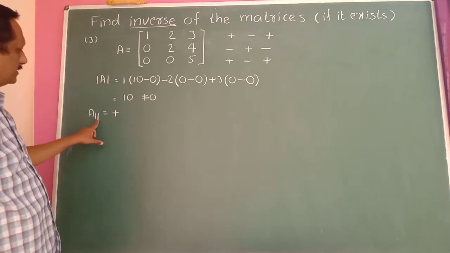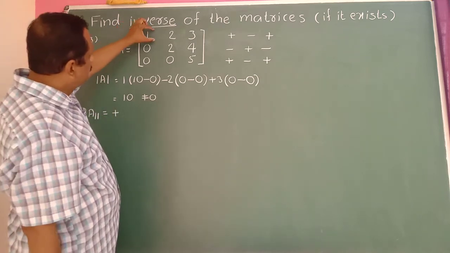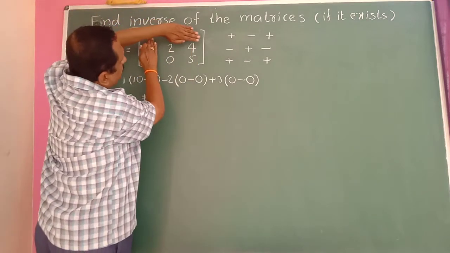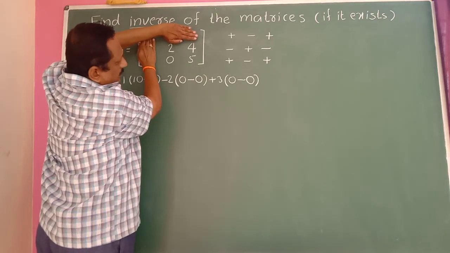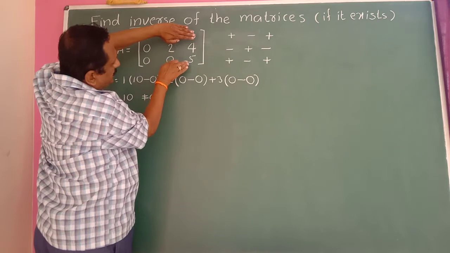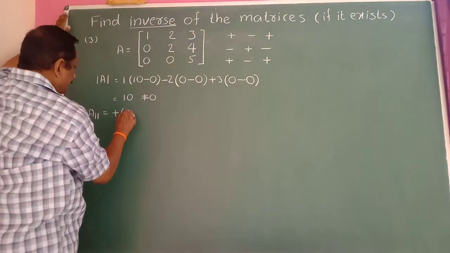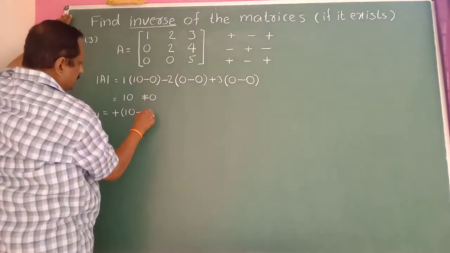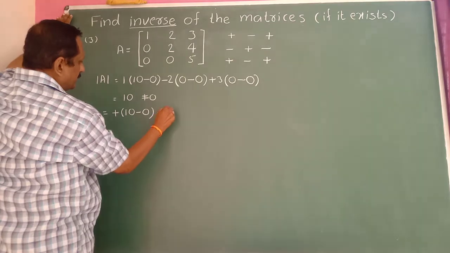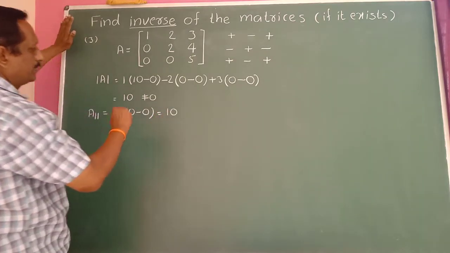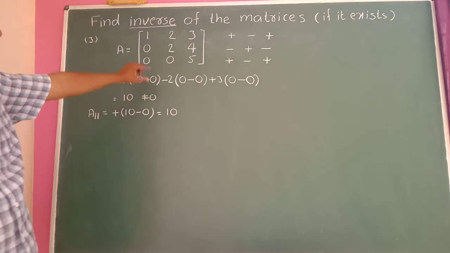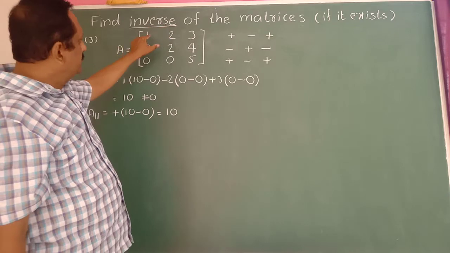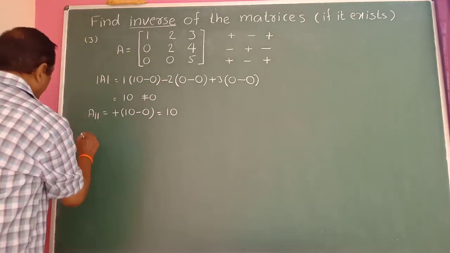Deleting this first row and this first column here. Therefore, the remaining elements are 2, 4, 0, 5. First multiply the two here. 5 2s are 10. So write here 10. Minus 4 into 0 becomes 0 here. 10 minus 0 is 10 here. So plus 10 here. A11 is 10. This is the cofactor of this element. Then find the cofactor of this element. This is in the first row, second column here. Therefore A12.